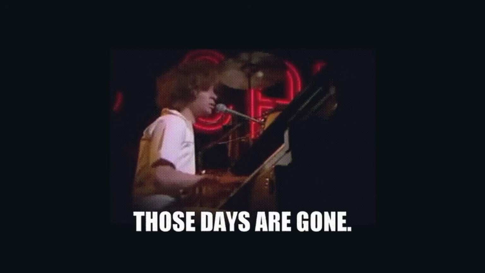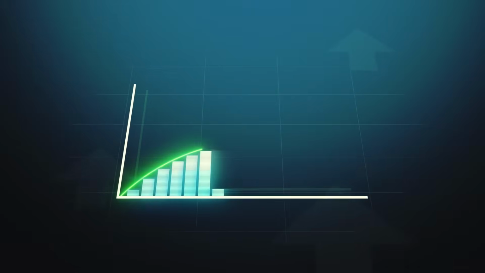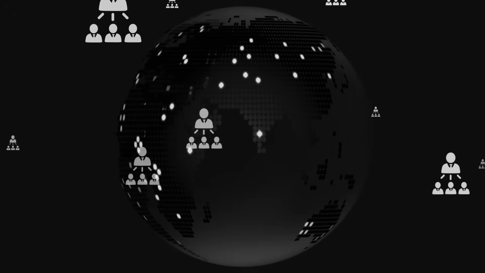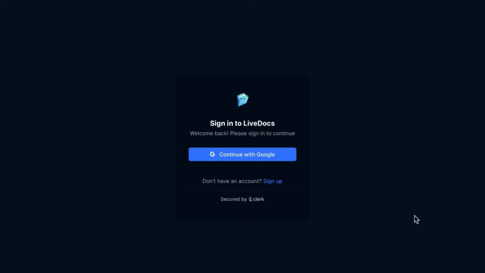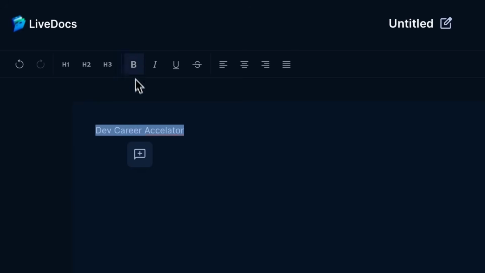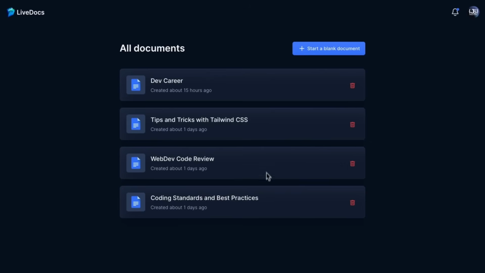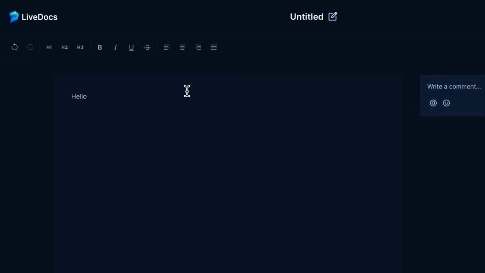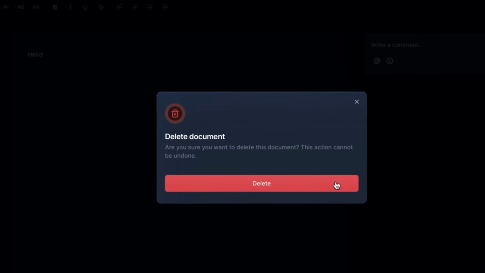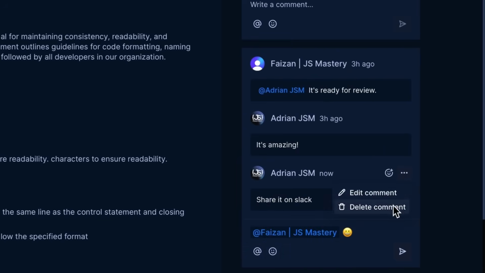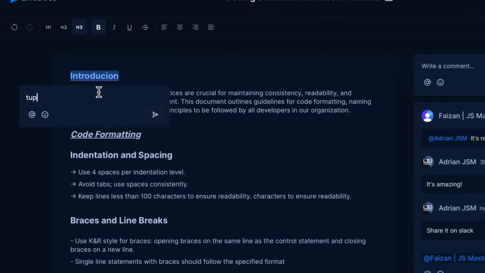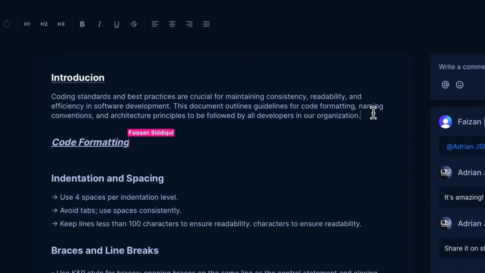Those days are gone. In this course, you'll build and deploy LiveDocs, an improved version of Google Docs that manages millions of collaborators in real time. With a secure authentication flow, full Markdown editor, complete document management where you can create, edit, save, and delete documents, real-time nested comments with tagging, emojis, and complete CRUD functionalities for engaging discussions, floating comments, live cursors that show you